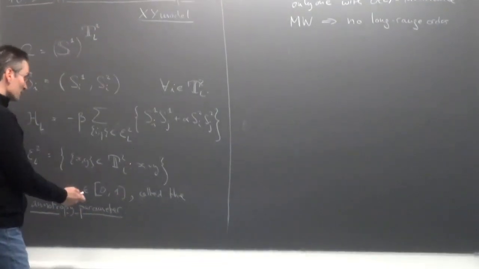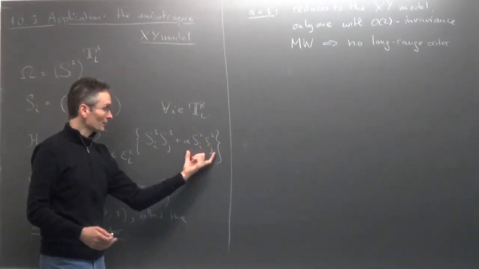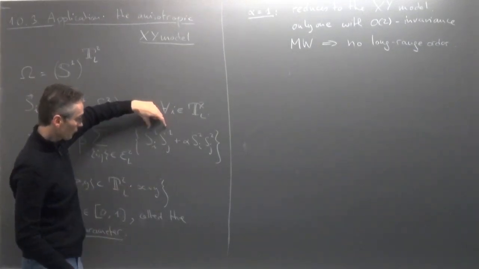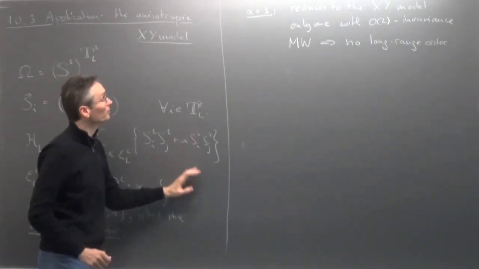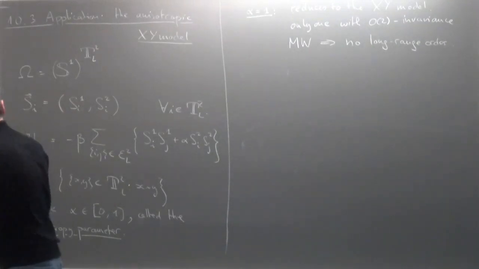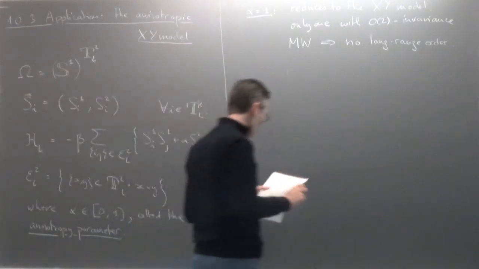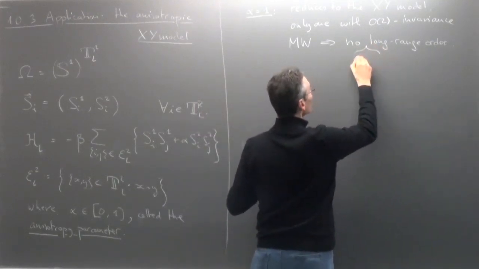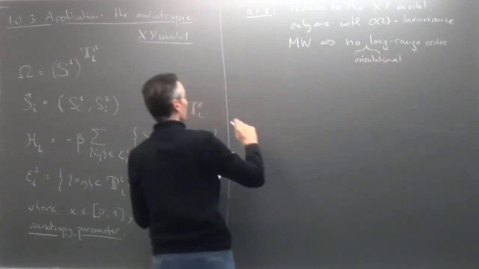So what we are interested in is what is the effect of slightly changing this. We are considering a slight deformation of the scalar product, which makes the first components interact stronger than the second component. But still, otherwise, the spins are continuous, and the model is very similar to the usual XY model. And the result you get is the following one. So let's be precise, no orientational long range order. That's what we use as terminology.